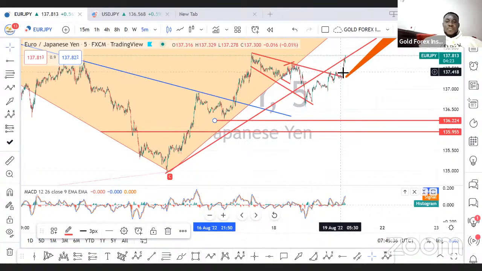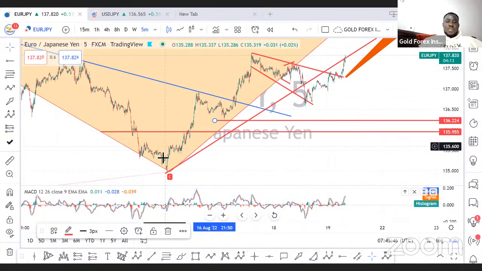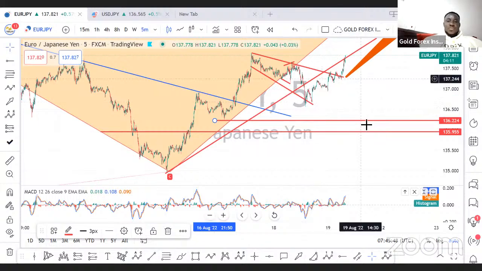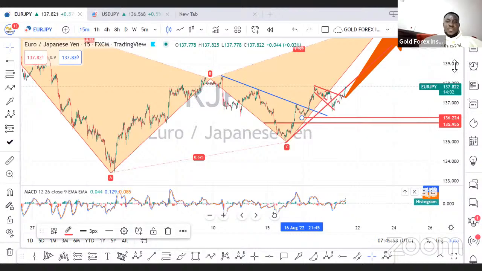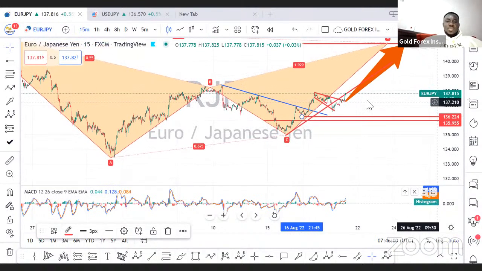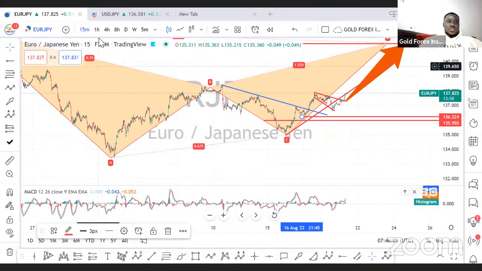Here was another perfect place to enter a trade. So when you get a pullback around here, you can join the buy. Once you have a pullback around here, you can join the buy, because this is wave 1, 2, so it's going for wave 3, 4, 5. Now, let's look at the whole pattern which is forming. So this is the pattern which is forming. There is a lot of buy. So you can even join the buy over here, and we are targeting the D zone, okay? You can even join the buy to the D zone.